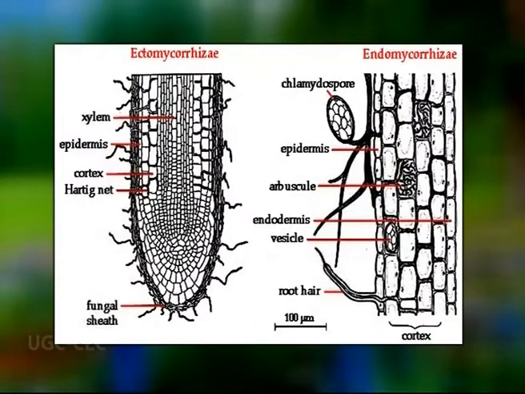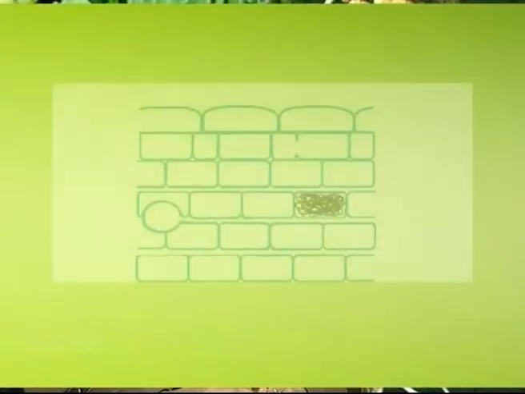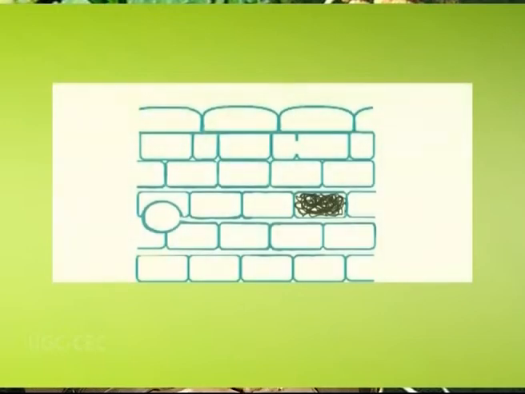Fungi become integrated into the root structure, or fungi live in close association with plant roots. It means that fungal hyphae may live on the external surface of the root as ectomycorrhizal association or may invade root cells as endomycorrhizal associations. Now, endomycorrhizal associations. In the endomycorrhizal associations, the fungi form an inconspicuous mycelium on the root surface but invade the